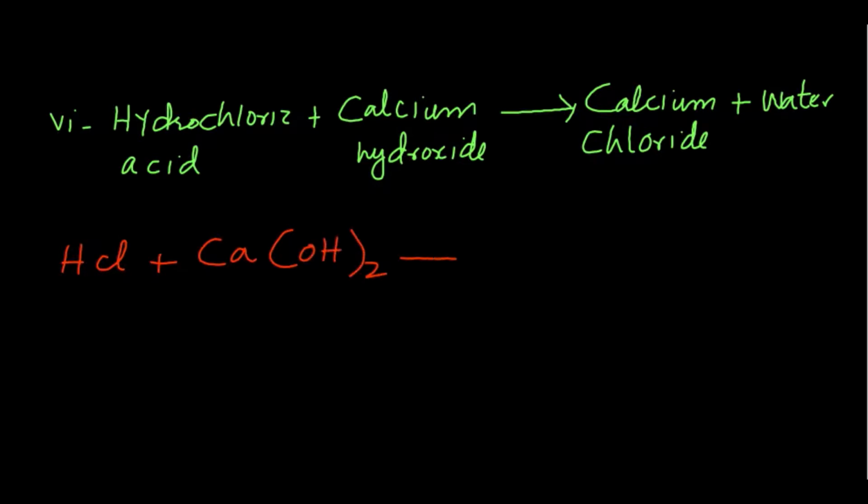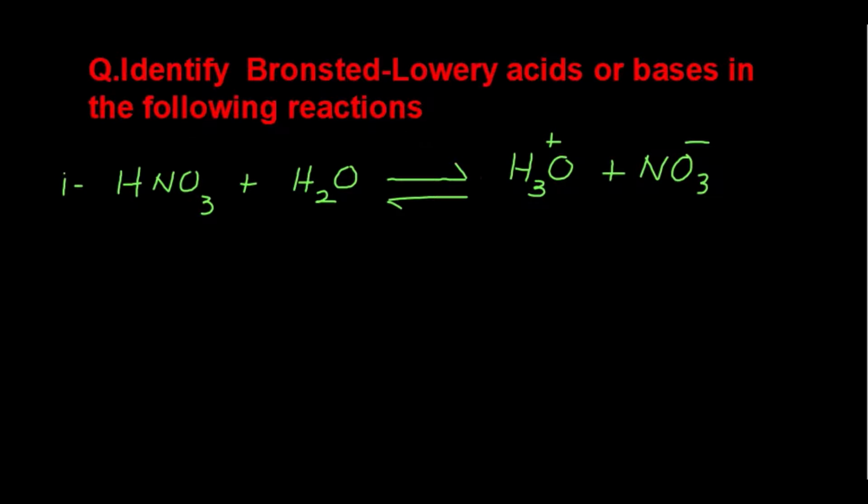After the reaction, we form calcium chloride, CaCl2. Since here we write 2, with HCl we will write 2 to balance the chemical equation, as well as we get 2 moles of water. I hope this is clear. Now we will see the next